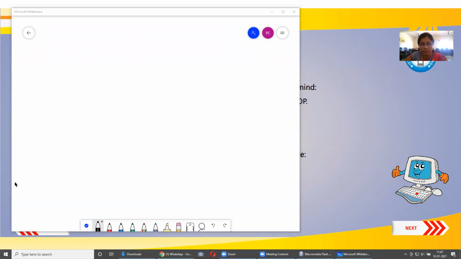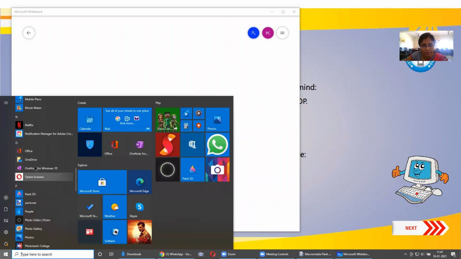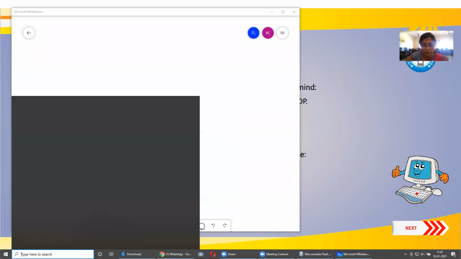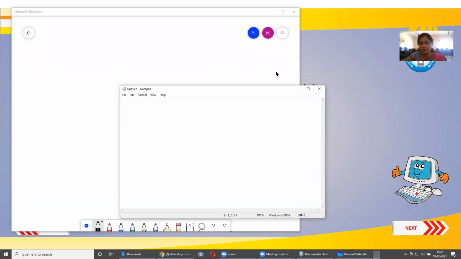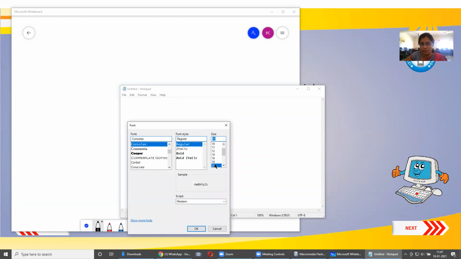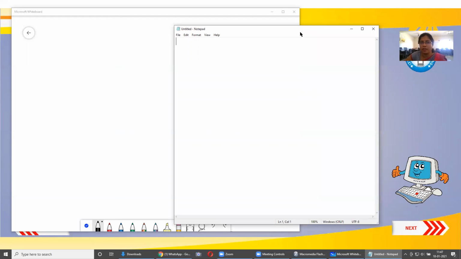I'll just take a notepad over here. Let me take a bigger one. Okay, this is my notepad. So imagine I want to do addition of two numbers.